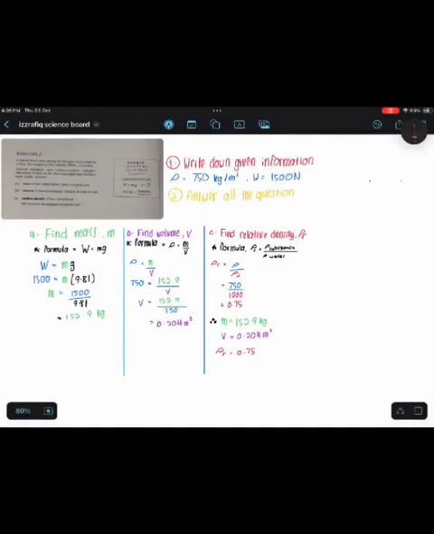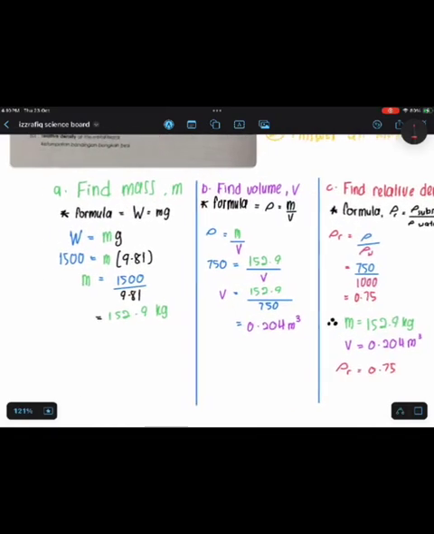Okay, first of all, we need to find all the given information and write it down. So we have been given the density equal to 750 kilogram per meter cubed, and the weight of the metal is 1,500 Newton. So for question A,